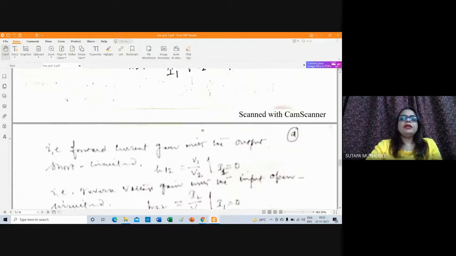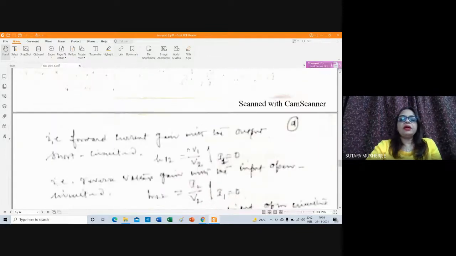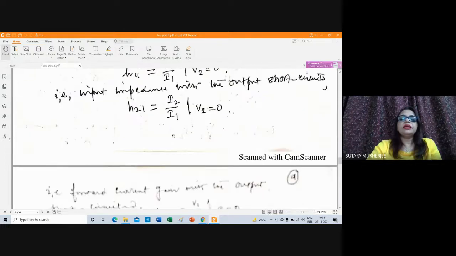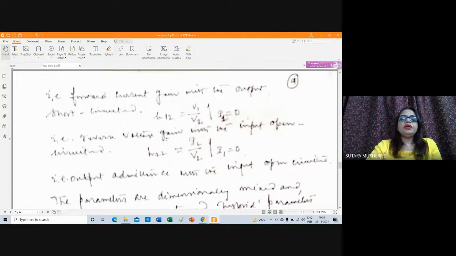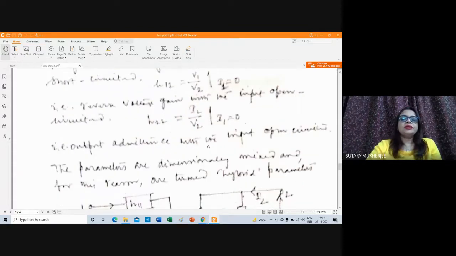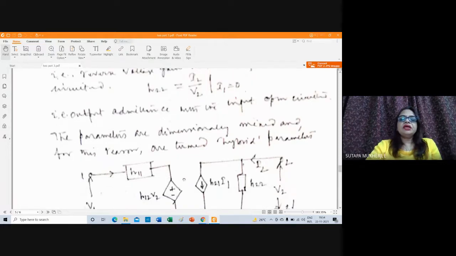That is the forward current gain, I2 by I1, with the output short circuited. V2 equal to 0 means output short circuited. H12 is the reverse voltage gain, V1 by V2, provided I1 is 0, that is the input is open circuited. Making I1 equal to 0, you will get H22, the output admittance with the input open circuited. The parameters are determined